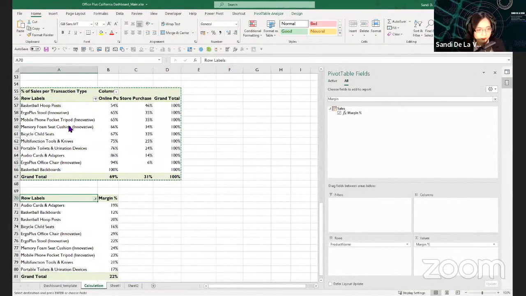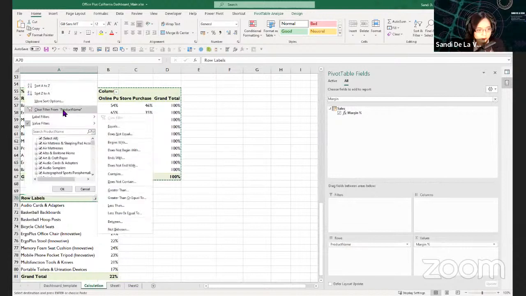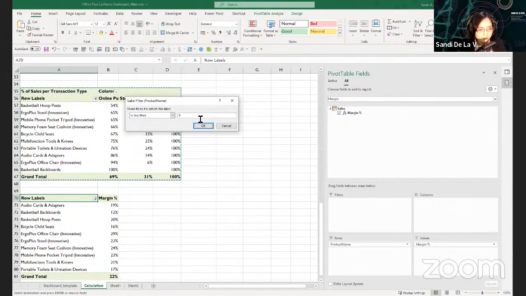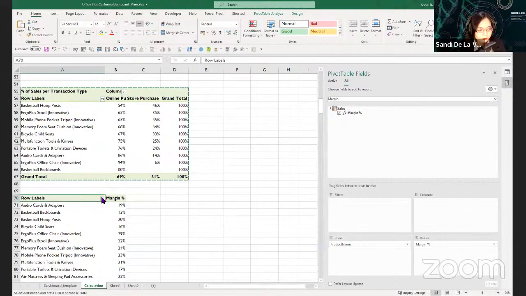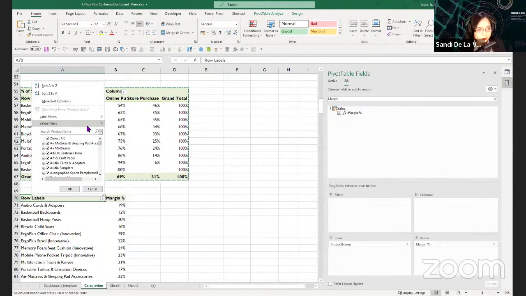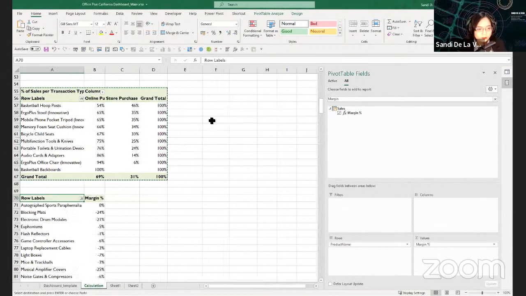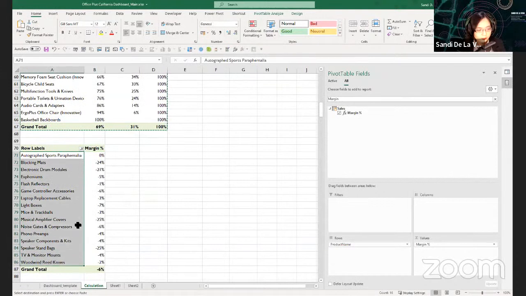This time, instead of value filters, let's use the label filters. We need negative margin. So let's use less than 0. Oops. Sorry, you use the value filters, then use less than. Margin percentage is less than 0. So you'll find this one. So these are the product names with negative margin percentage.